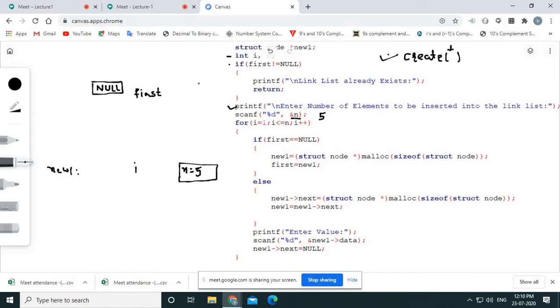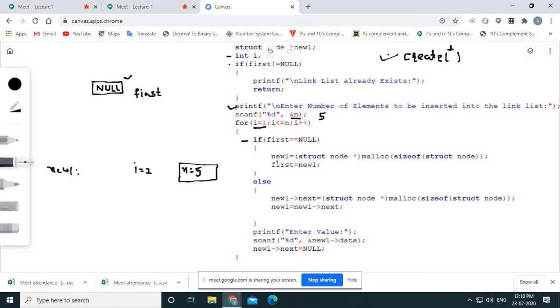Now we are just starting from this if condition. So obviously this loop will run 5 times, right? I is equal to 1 to 5. Okay, now this will check whether your first is null. Yes, my first is null. Okay, so currently your I is what? 1, right? Because here we have written I is equal to 1 in the initialization part of the for loop.